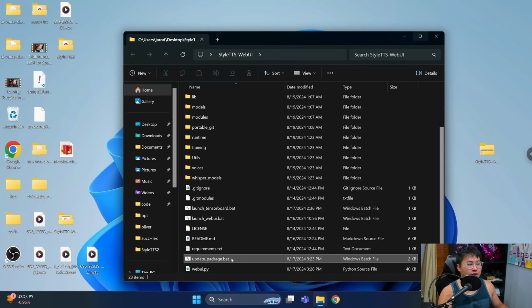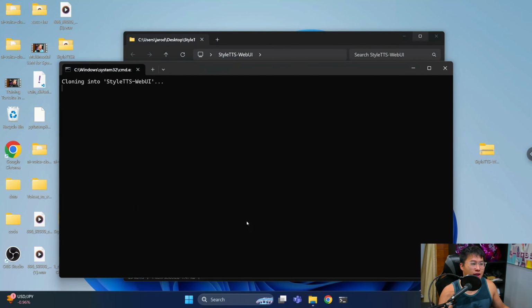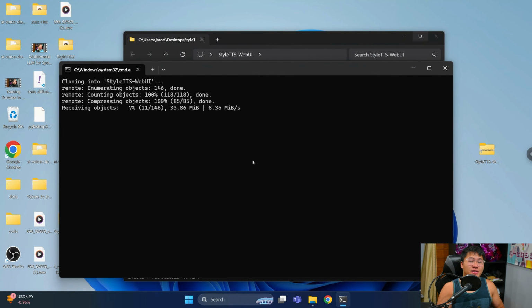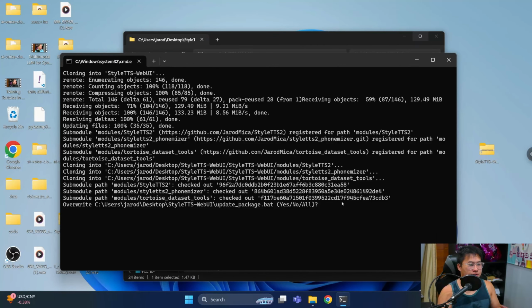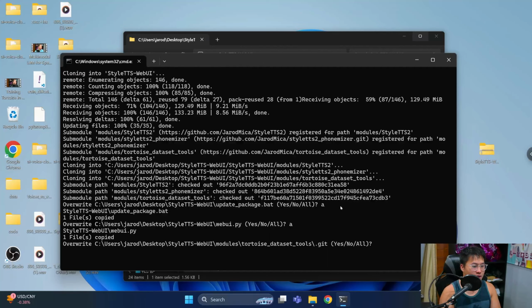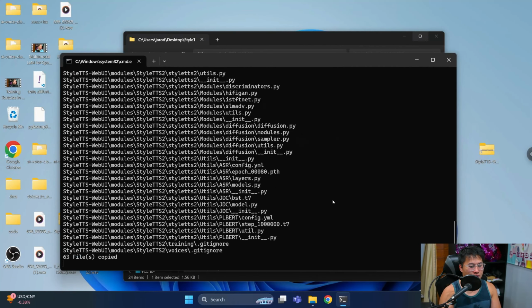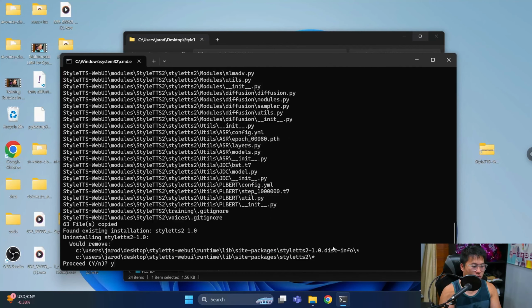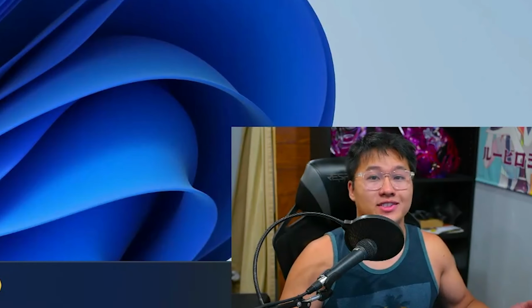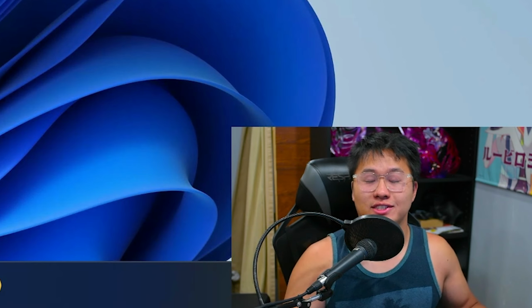And one more thing is there's this update package.bat that you can use to run through and update the package. So if there's an update, all you need to do is just double click on the updater and then go through these steps. So you'll get these yes, no, all, click A, which stands for all. And then this last step right here, after these 63 files have been copied, you'll do Y instead. Alright, so with that, you can go ahead and skip to how you can actually use the web UI,